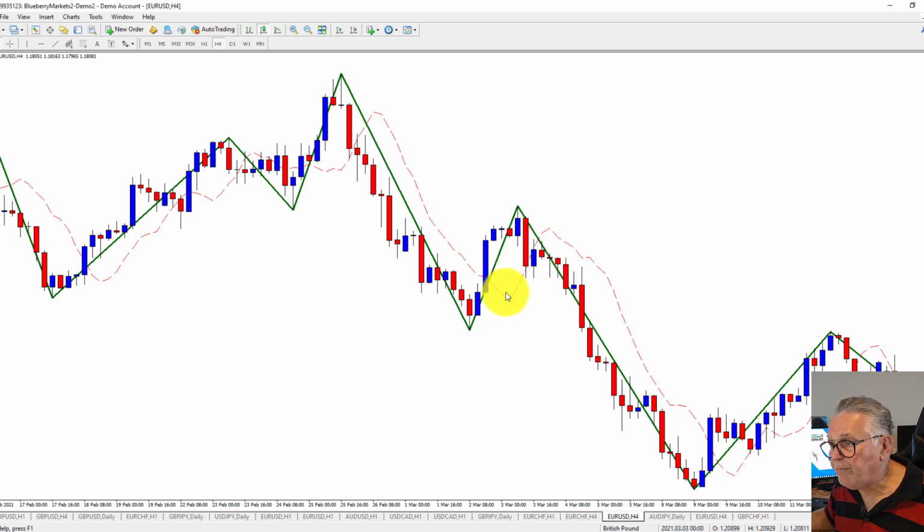So you could have been sitting here watching, and again, these are close of candles. This is a 4-hour chart, so you don't have to watch the chart all the time. At the end of the 4-hour period, you come and have a look. What is the state? Oh, it's crossed, and you enter on there,